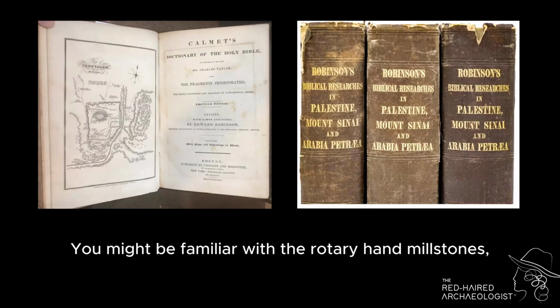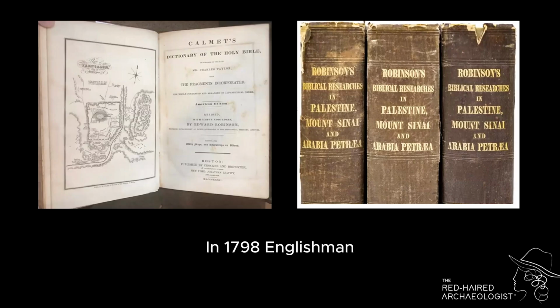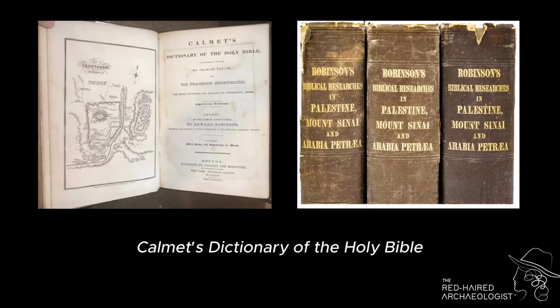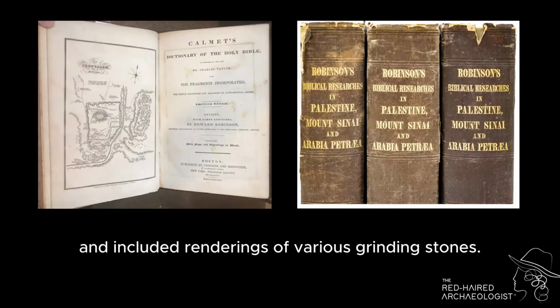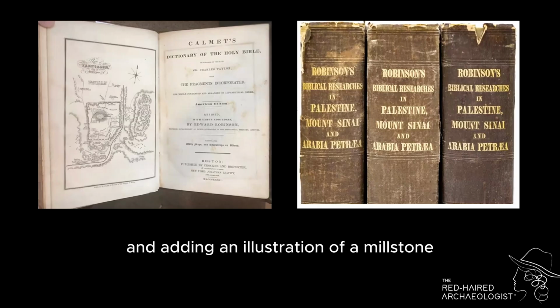You might be familiar with the rotary hand millstones that Dr. Ebeling showed us yesterday because of early Bible reference books. In 1798, Englishman Charles Taylor edited the popular Calmet's Dictionary of the Holy Bible and included renderings of various grinding stones. The first biblical geographer, American Edward Robinson, revised Calmet's dictionary in 1832, editing Taylor's renderings and adding an illustration